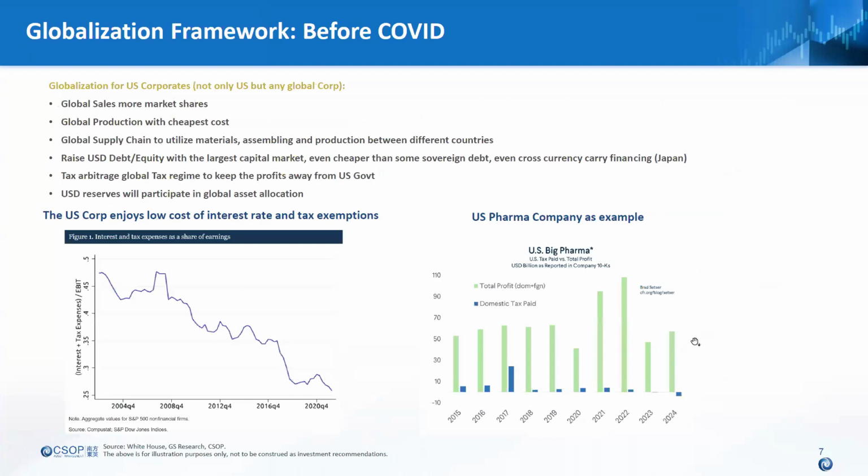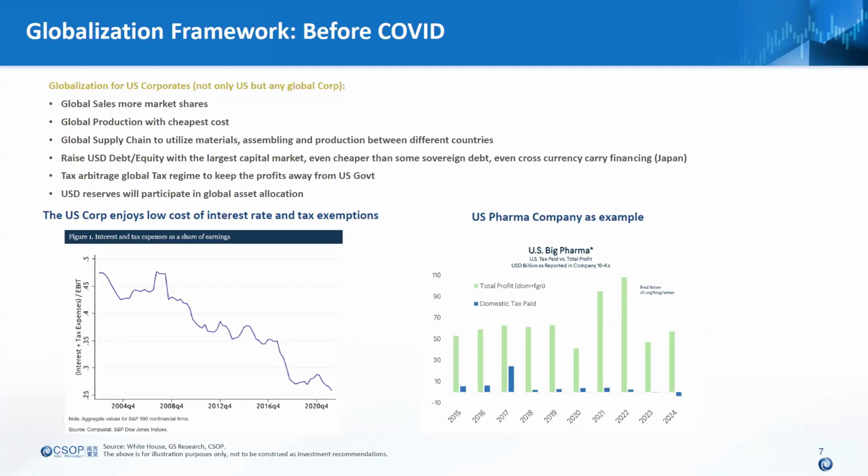But all in all, we believe US corporates have been benefiting from this globalization for decades. On the one hand, they gain market share from both DM and emerging markets globally. On the other hand, they enjoy cheap costs through utilizing the materials, assembling, and production across different countries. More importantly, they can raise dollars in terms of debt or equities, and sometimes these costs can be even cheaper than sovereign debt denominated in other currencies. And since they have a global presence, they can arbitrage the global tax regime to keep the profits away from the US